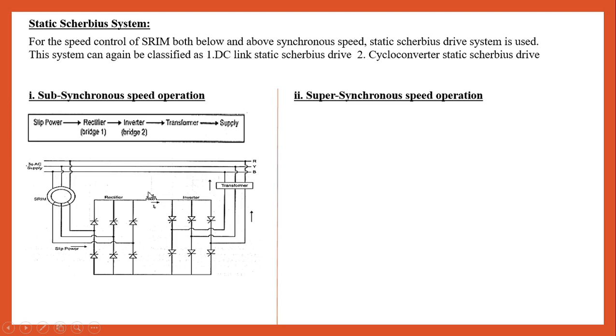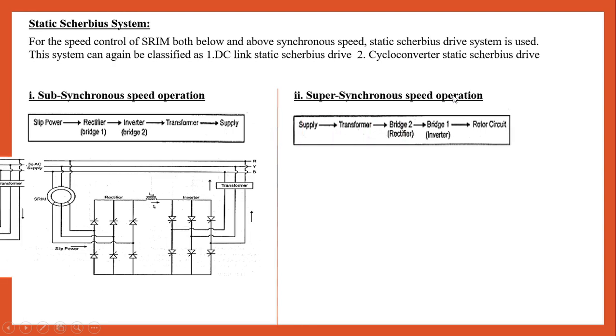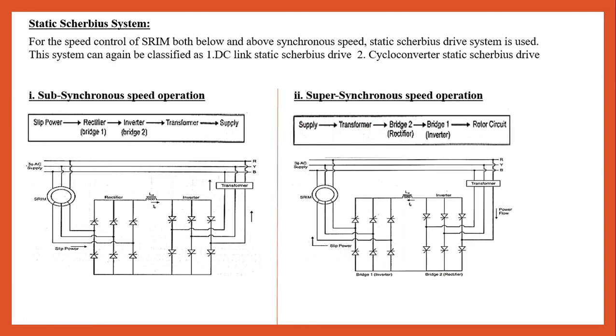Here we are using a smoothing reactor. It is used to avoid the circulating current which flows between the rectifier and inverter. Students should know that when the firing angle of the SCR is less than 90 degrees, the bridge acts as a rectifier. When the firing angle of the bridge is greater than 90 degrees, it acts as an inverter.